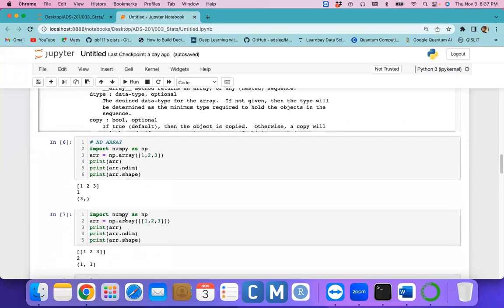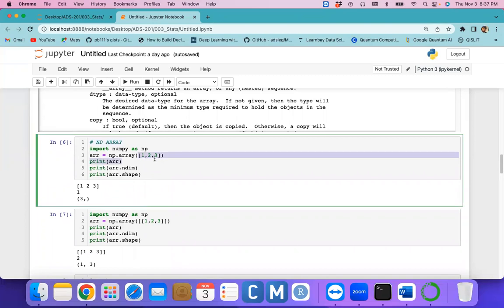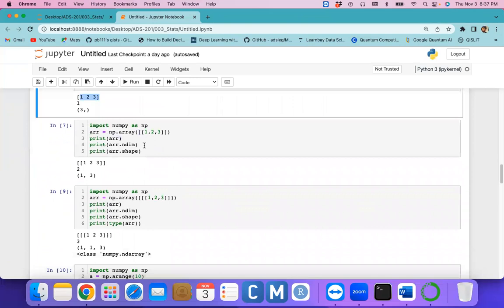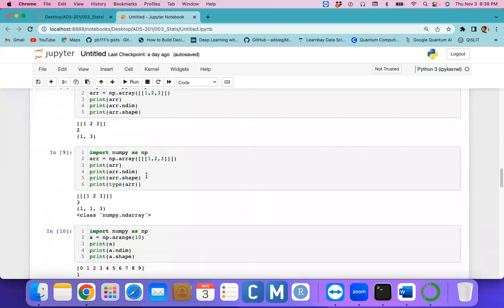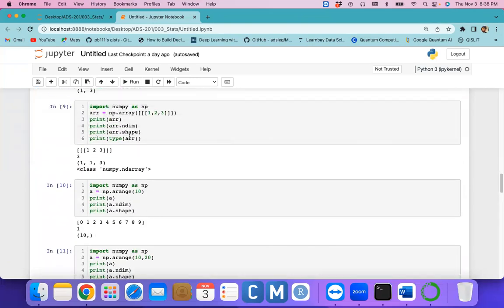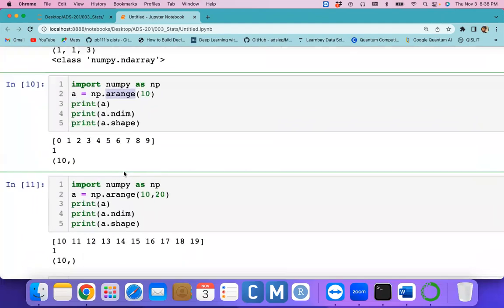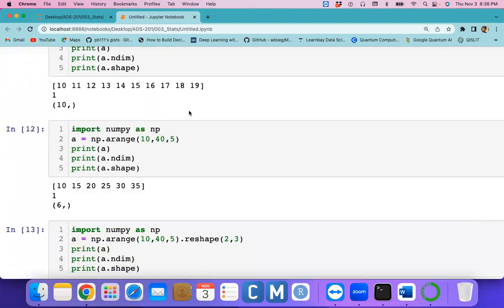So we can create arrays or matrices in a one-dimensional, two-dimensional, and multi-dimensional way. Here I created a one-dimensional matrix. I gave one particular list of elements as an input for the array function, and it created the one-dimensional array. Meanwhile, we can create the two-dimensional array and the three-dimensional array with the help of the array function. We can also create an array with the help of the arange function. There we can create a range of elements from a start element to stop minus one. Okay, and we can